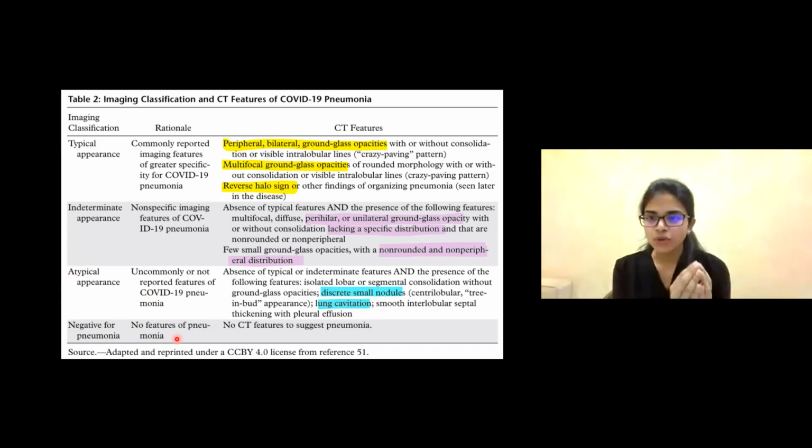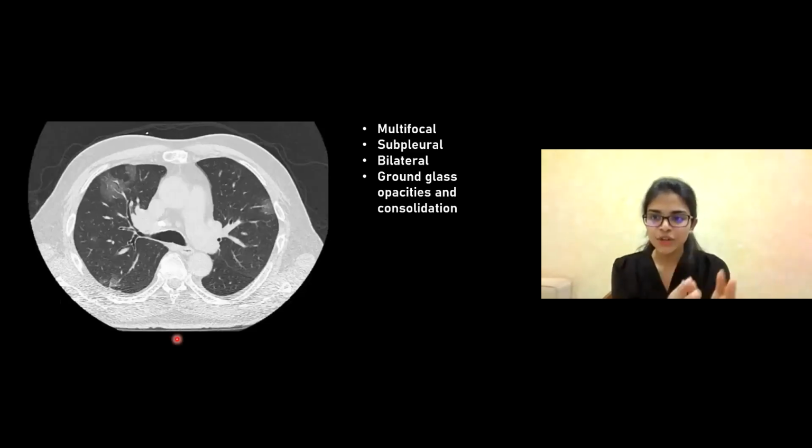So firstly, let's go through a few images to make it a little clear for us. First, we'll discuss the typical findings that you see in COVID. So this image is going to be our favorite image because this is going to keep coming in the discussion. This is a very simple example of how a typical COVID CT looks like, especially in the early period of the disease, right?